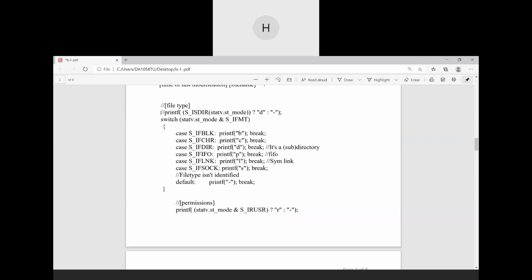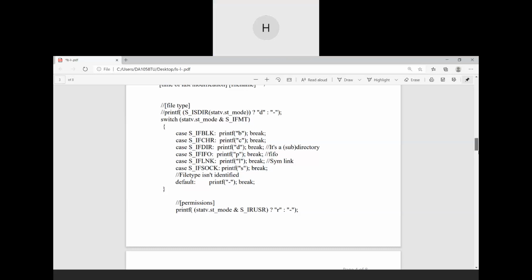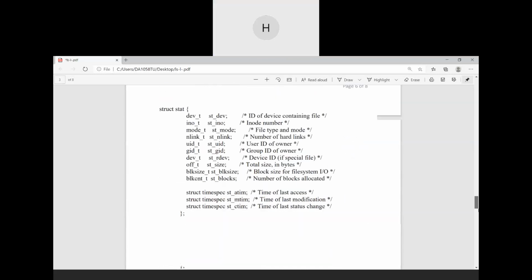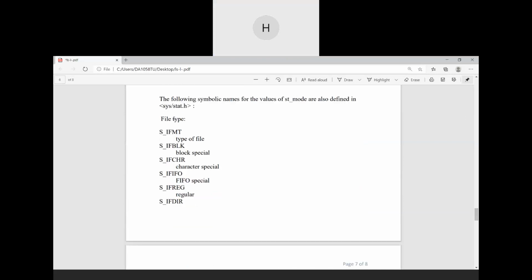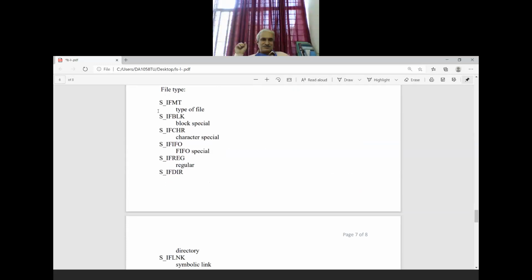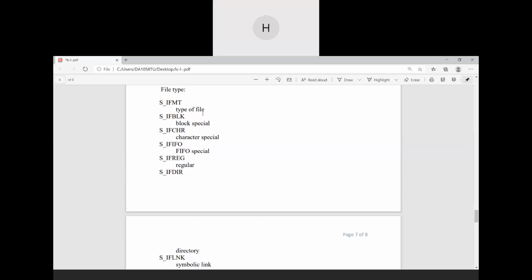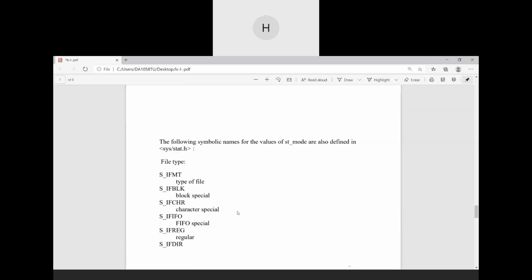We can either use this, or we can use the switch case. The S_IFMT is defined in sys/stat.h. It will have the bits to identify the type of file, and these are the different types of files.